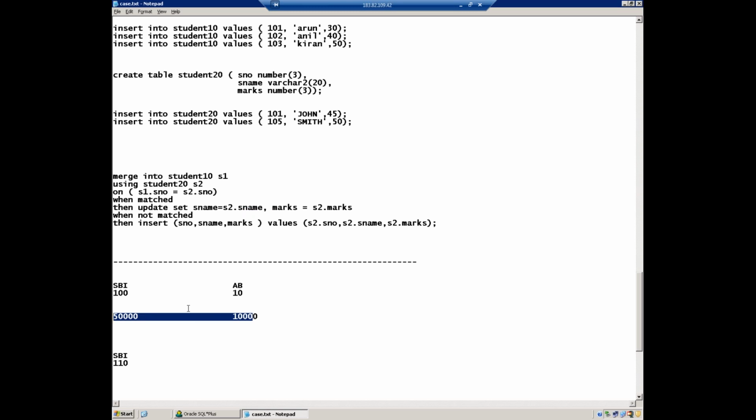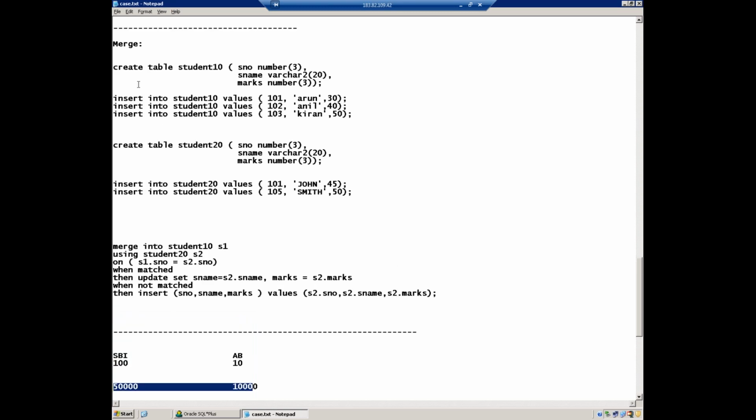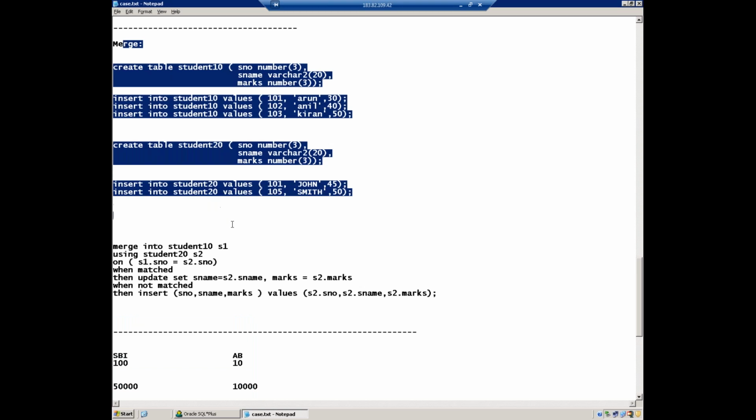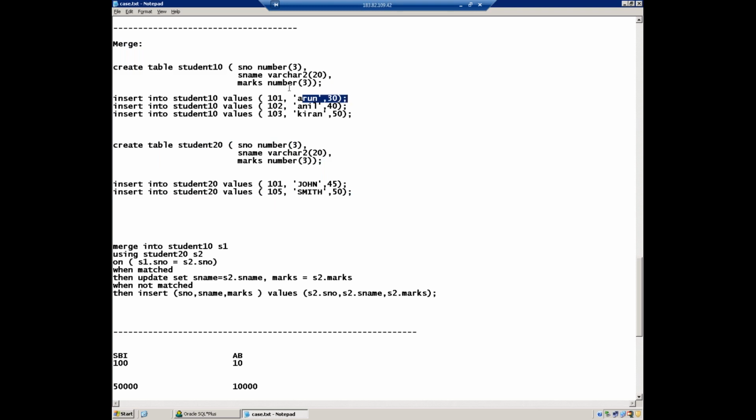So instead of new account creation, practically this kind of merging happens when companies merge, using a common column like a passport number. Merging between banks, merging with acquisitions, merging between two organizations. For those scenarios, it was introduced from 9i; previously it was not there. The MERGE command was introduced from 9i onwards, which acts like a combination. Obviously here we lose the data, but that is the purpose of it. When you want the old data to be replaced with the new data, in that case we go for merging.